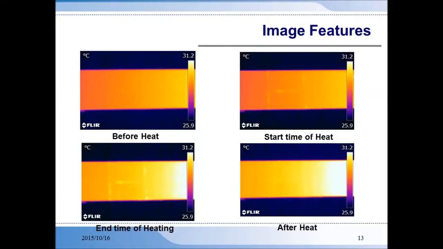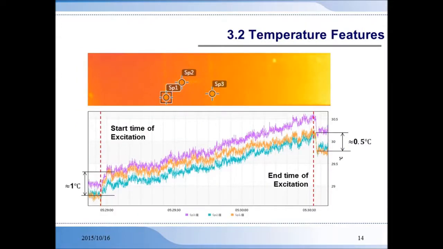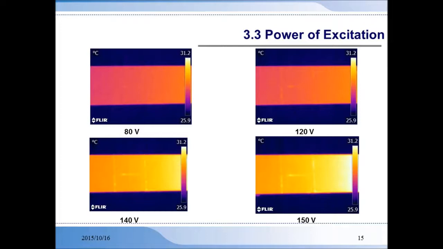The following images show us a trend between how much excitation heating has occurred versus how clearly the crack can be seen through vibrothermography. The following is the temperature data set of 3 points at each crack. The temperature of the cracks rises about 0.5 to 1 degree Celsius over about 2 seconds when the ultrasonic excitation is introduced into the specimen. The amount of damage detection is proportional to the power of excitation. Too much power will be costly and may damage the specimen. Using the minimum amount of power required to acquire satisfactory results has become a major interest for researchers in recent